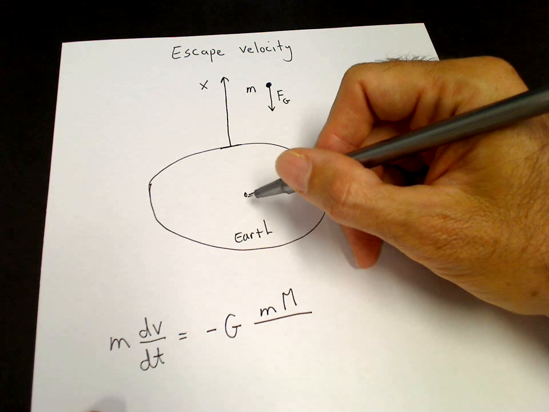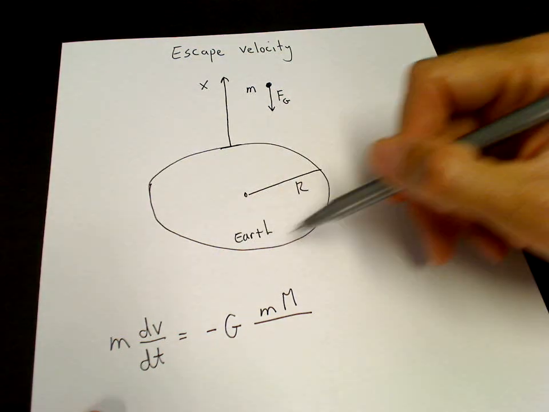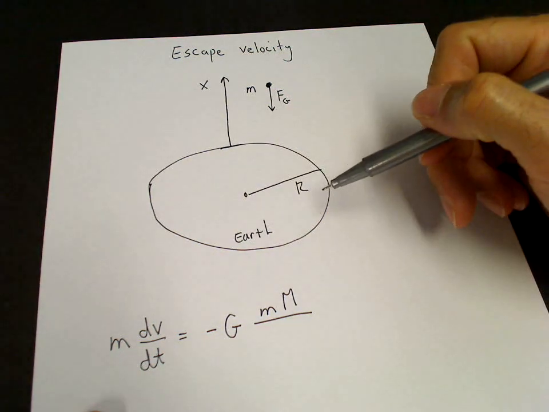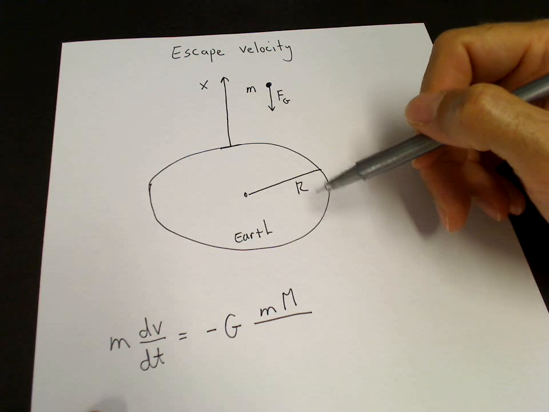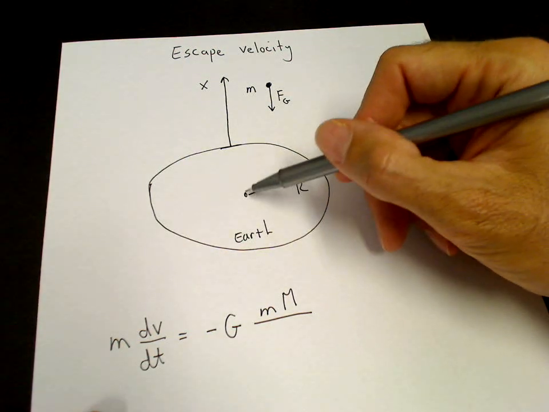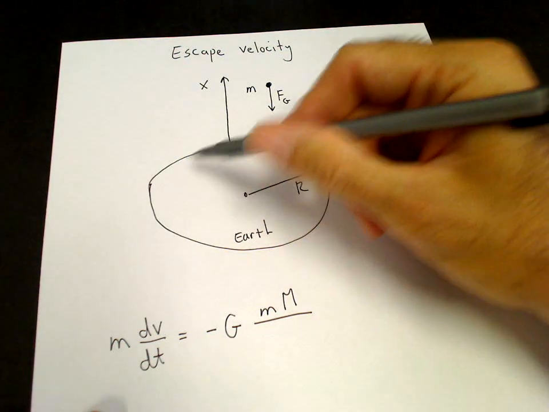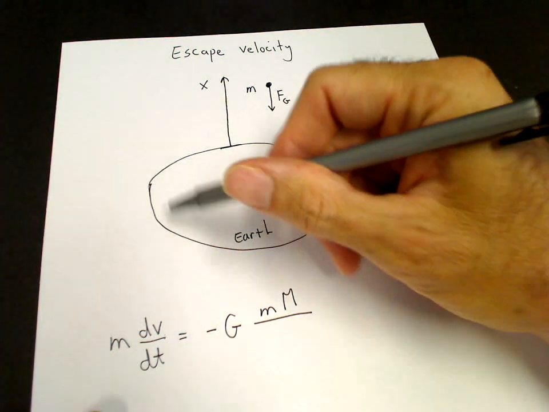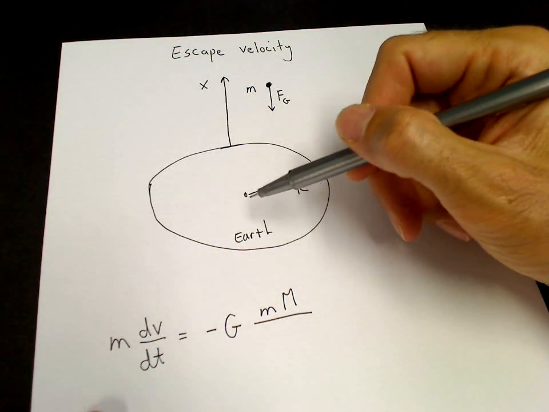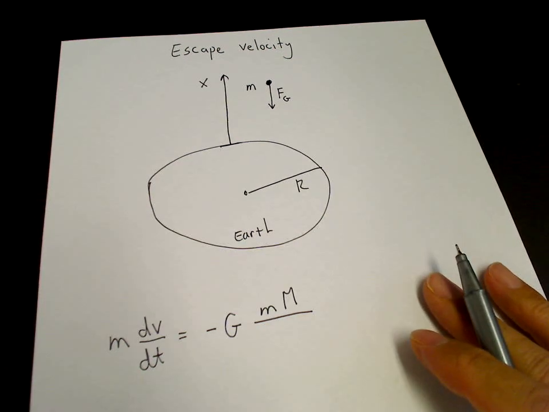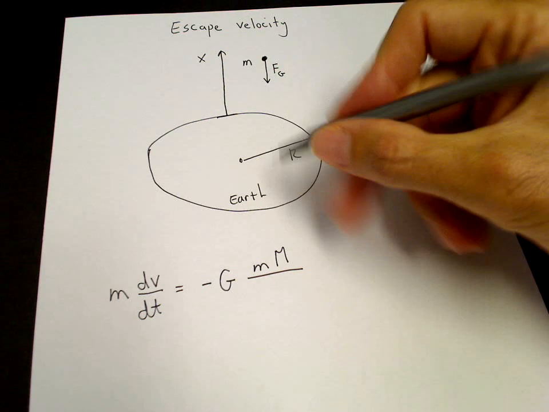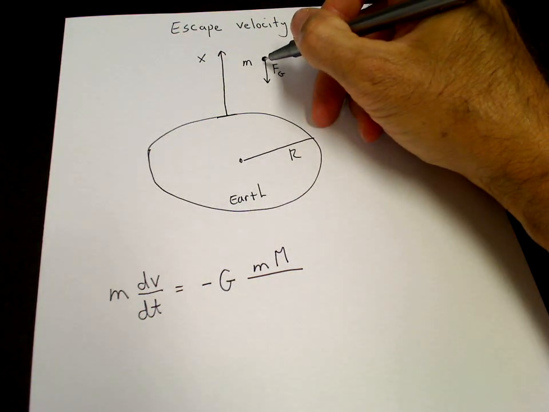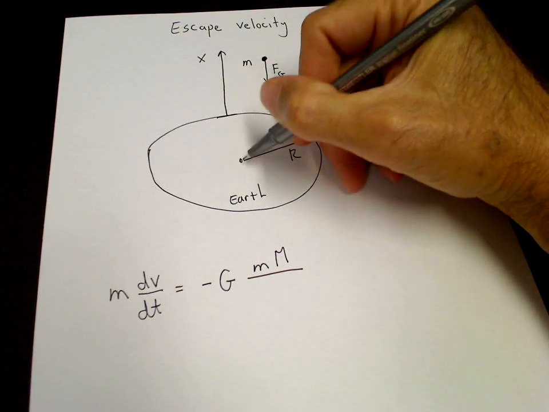So what Newton showed was that if the Earth is a spherical object, which is a reasonable approximation, then you can treat the mass of the Earth as if it was being localized at its center. That requires doing an integral over all the little masses of the Earth and summing up all the forces. So we won't do that here, but that's a well-known result. So it's the distance from the mass to the center of the Earth,